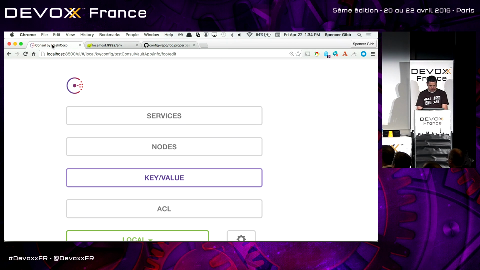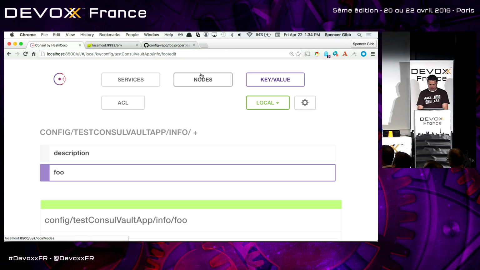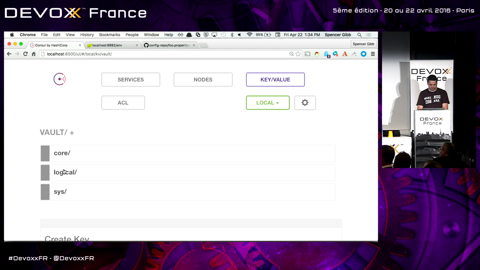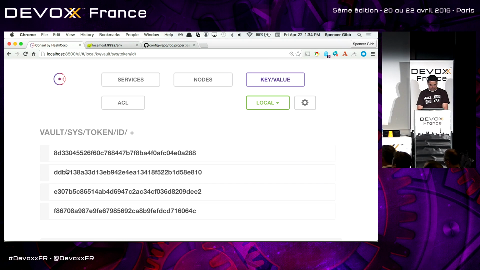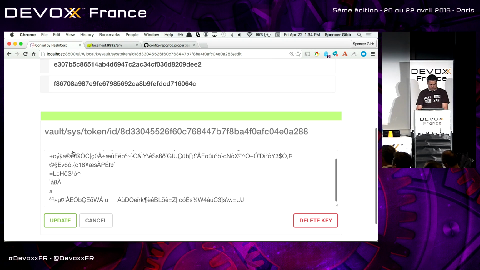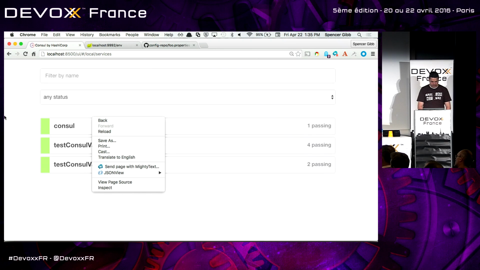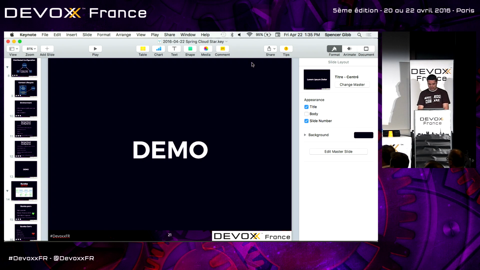Now I was going to show you the neat, nice UI here. Here I'm looking in the key value store for configuration, but you'll also see there's Vault here. But if you go find any information in here, it's all encrypted using those keys that I showed you earlier. And then you can also see the different services that have been registered. So it's a really nice UI. But I need to come back here if I'm going to finish. Oh, come on.